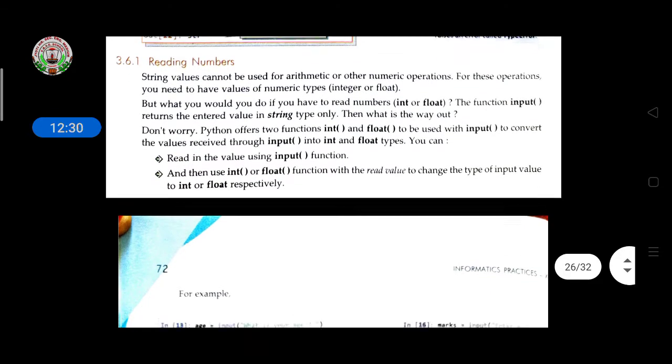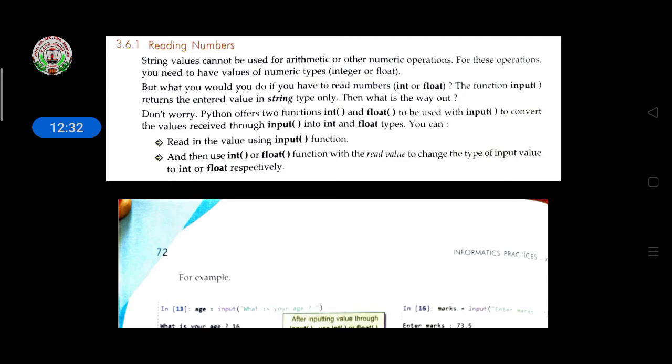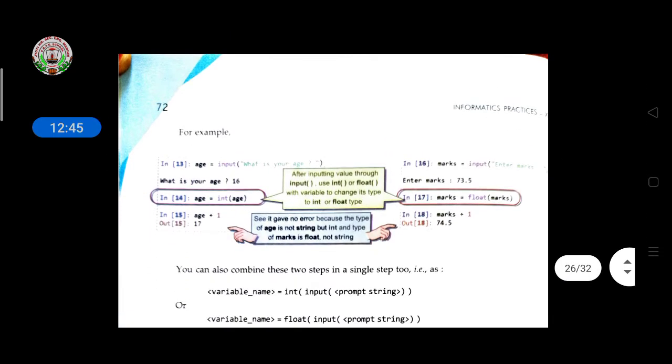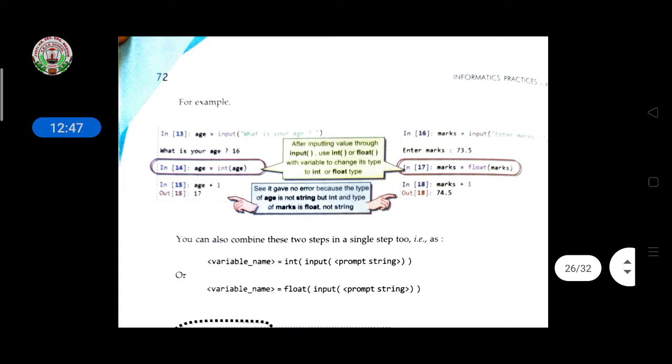So integer and float. In this we have to use two functions, the integer function and the float function, with the help of the input function. While using the input function we use the integer and float functions.